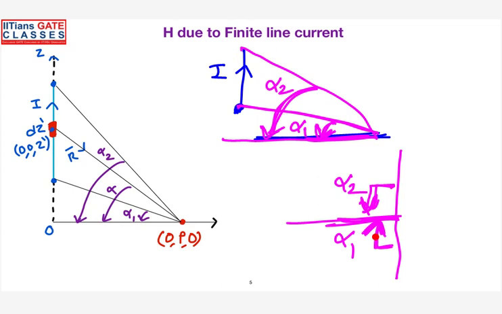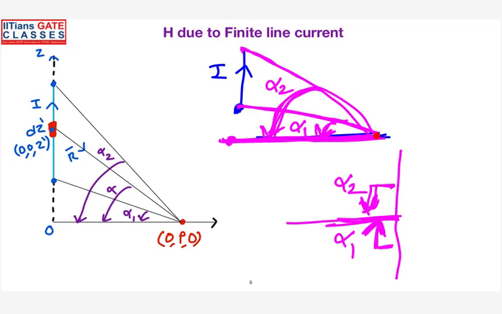So you can clarify your doubts right now, because once we go to the problem, it looks to be confusing. That's why I was making a clear statement here. Alpha 1 is the angle made by the initial point with respect to the radial line, and alpha 2 is the angle made by the final point with respect to the radial line. Radial line means, once again I will tell you, from the source to the observer, that distance represents the radial line.